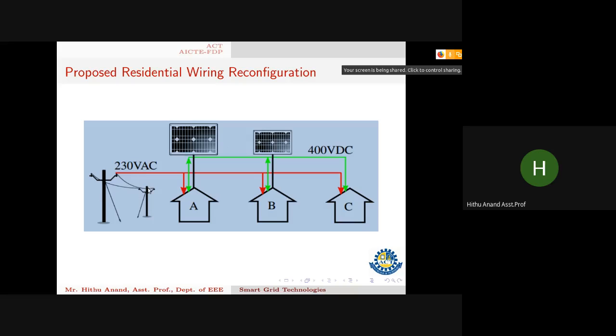But the grid is moving into better electrification, so it can actually meet all the demands, and it can do all the smart grid objectives like demand response, everything. That is the idea I have proposed.